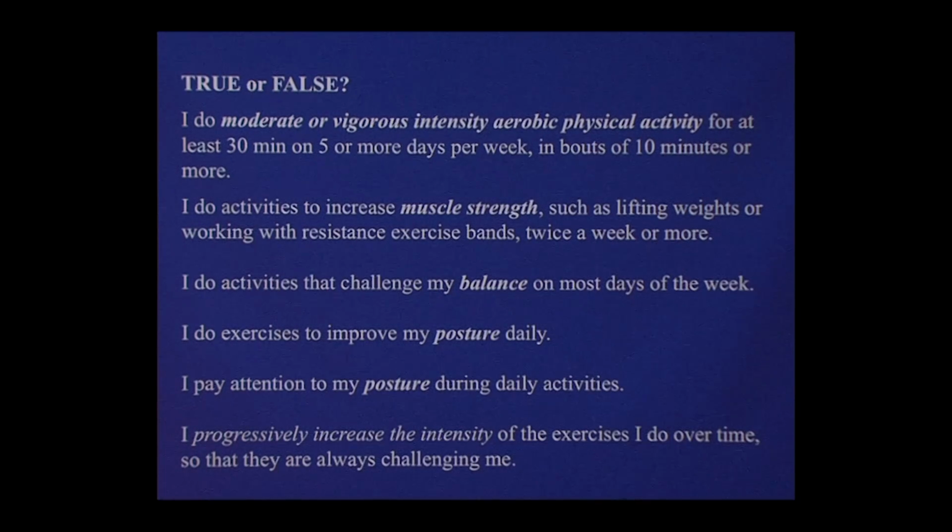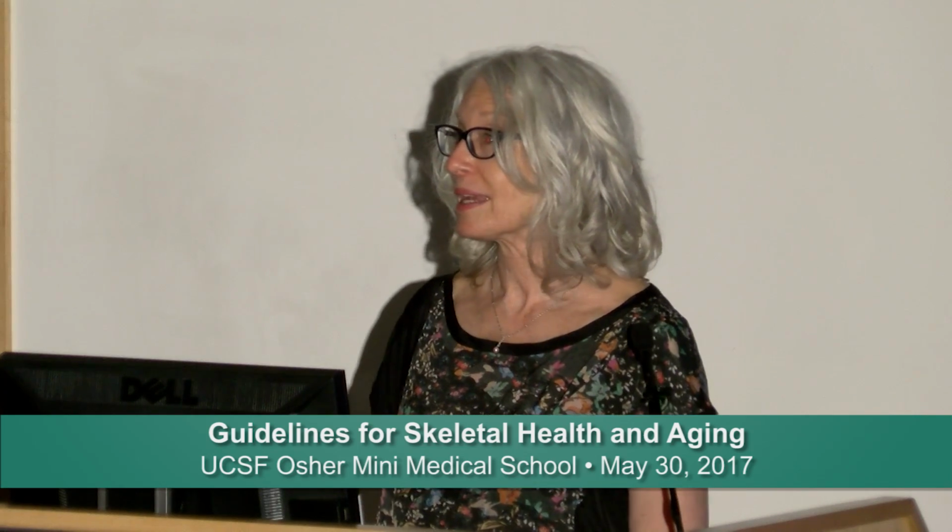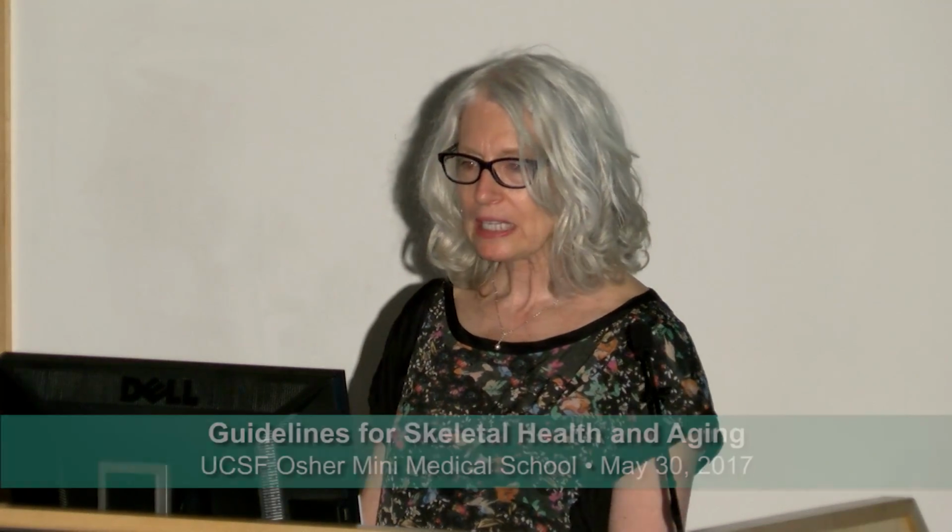What about exercises to increase your muscle strength, such as lifting weights or working with resistance exercise bands twice a week or more? How many of you do activities that challenge your balance on most days of the week? How many of you do exercises to improve your posture every day? How many of you pay attention to your posture during daily activities? And how many of you progressively increase the intensity of the exercises that you do over time so that they're always challenging to you? So this is what you should be doing if you want to be complying with the guidelines. Now,